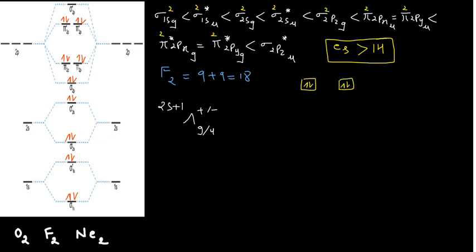This one is pi 2p star, because they are the anti-bonding ones. Please remember they are the anti-bonding ones, so they are gerade. So I am writing g here for the gerade. Again I am writing 2p gerade because electrons are present in the gerade orbital. Now if you want to determine the absolute value of this angular momentum, that is lambda, how can you calculate it?